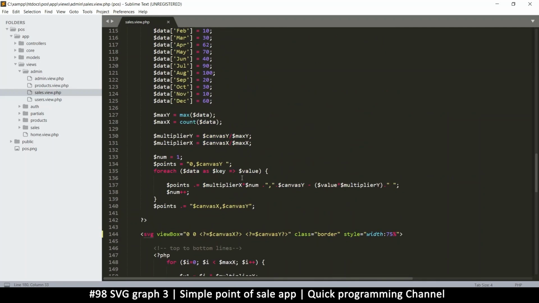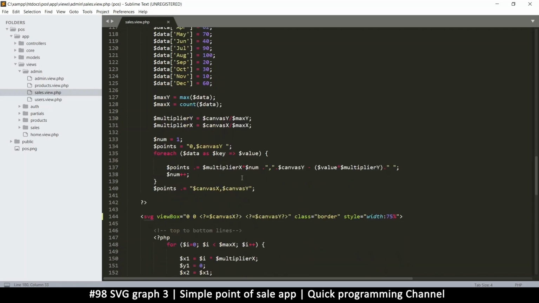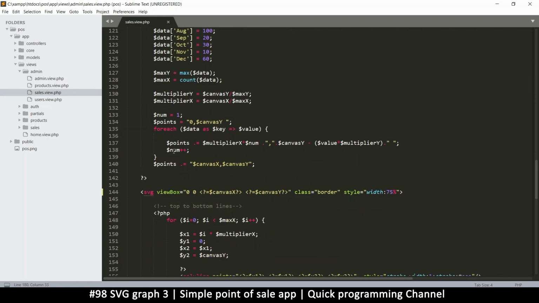So let me go to where I created those points from, which is right here. Okay. Oopsie. So what I want to do is save those coordinates